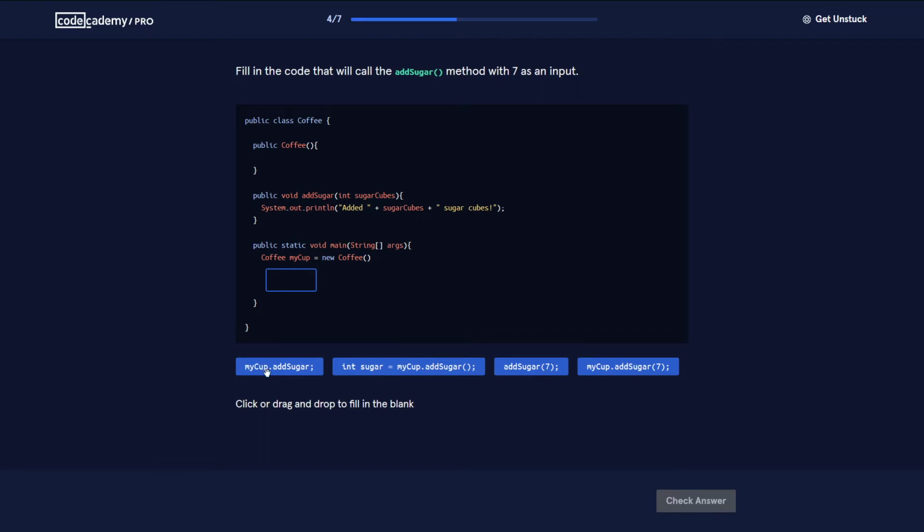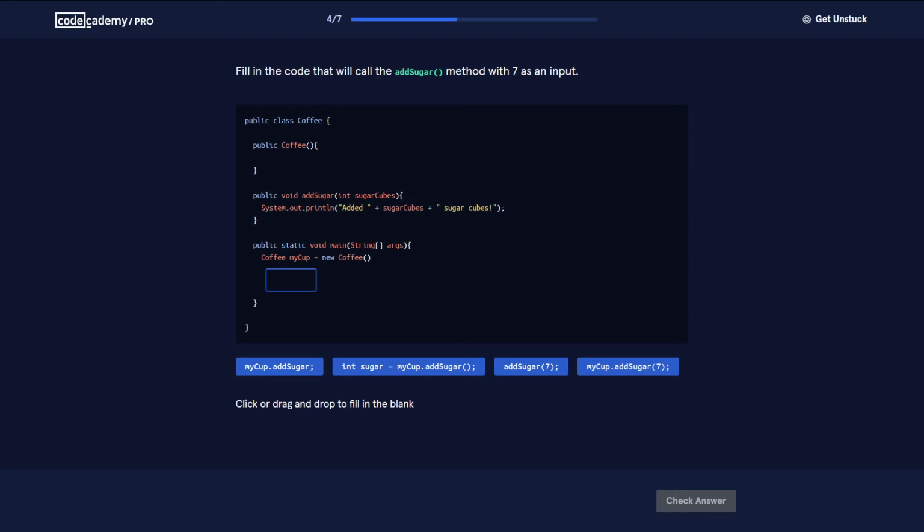My cup add sugar, nope. This one definitely nope. This one would be it, because it says fill in the code that will call the method. How do we know that we have to call a method? Well, by using oh no, I was wrong, look at that,